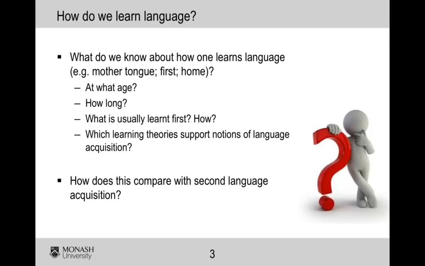I think it's first really helpful to think about how we learn language, whether it's our first, second or third language. So what do we know about how we ourselves or how little children learn language? We're talking about what we call the mother tongue, the first language or the home language. At what age does one start learning language? And I guess if we reflect on this, we might think about